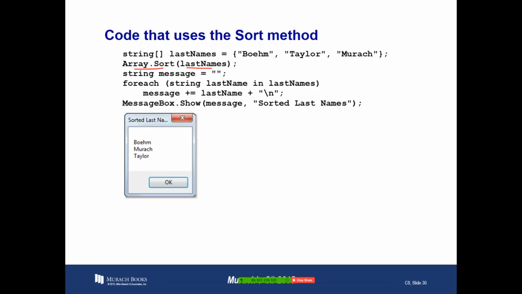And whenever you're passing an array to a method, it's always by reference. So you only need to do this. Outside here we declare this array. It's a string array with some last names in it, and then you want to sort it. So we just call the static class Array's Sort method, and we just pass it the name of the array, and this sort method can